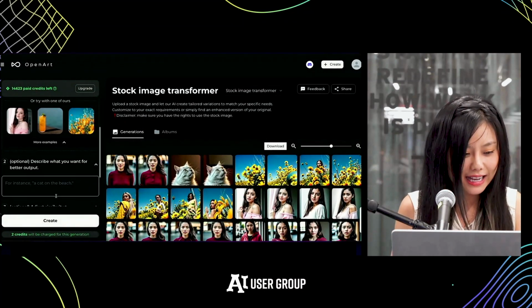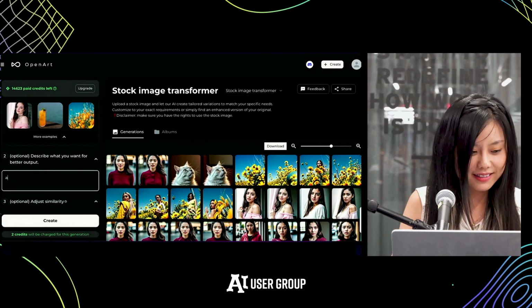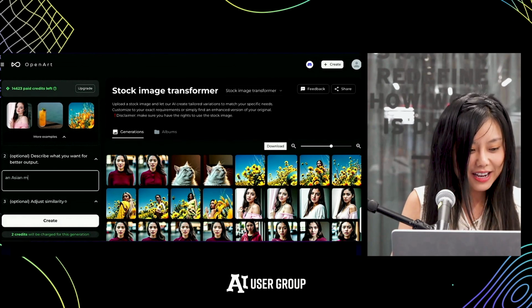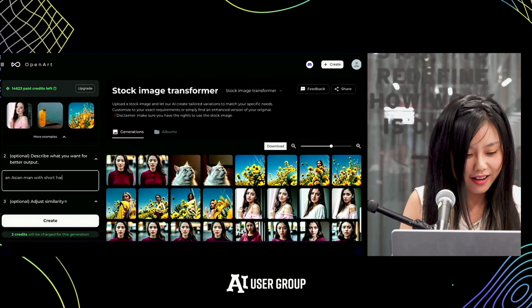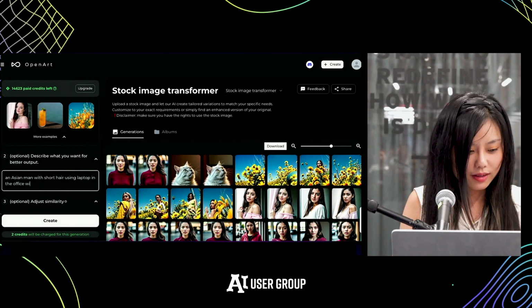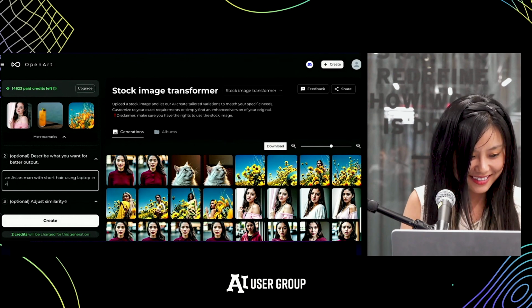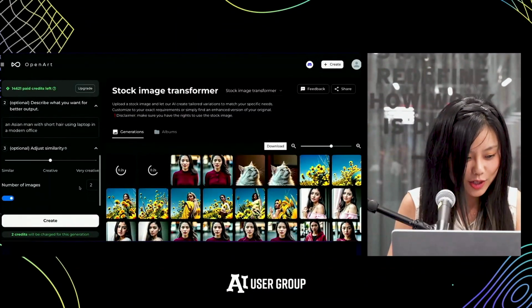So instead of a black lady, let's say we want an Asian man with short hair, using a laptop in a modern office. Okay, let's see. And then let's just keep it creative. I have no idea what it will generate.